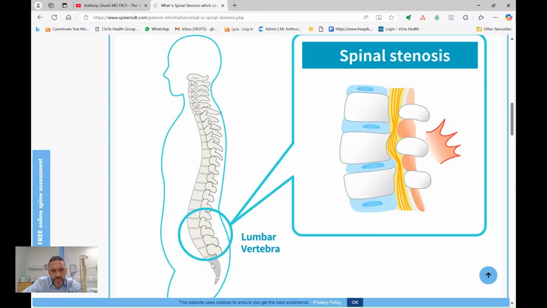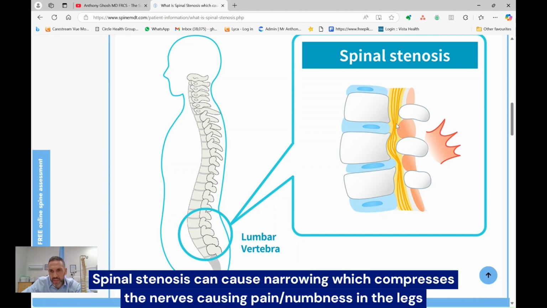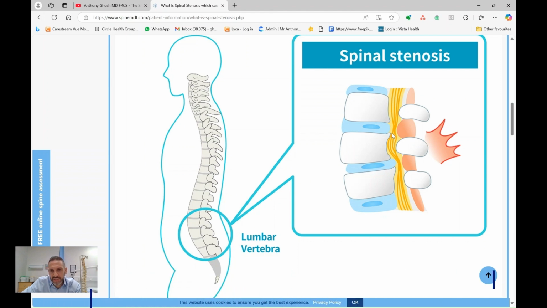So let's start off with the lumbar spine, this lower region of the back, where you don't really have spinal cord, but you've got the nerves running through that central spinal canal, that tunnel in the middle of the spine. With wear and tear, thickening of ligaments, joints, bony overgrowths, that tunnel can get narrow in focal areas, pinching the nerves running down. When that happens, prior to weakness developing, patients normally complain of pain or numbness in the legs, particularly if they stand for a period of time or walk any distance.